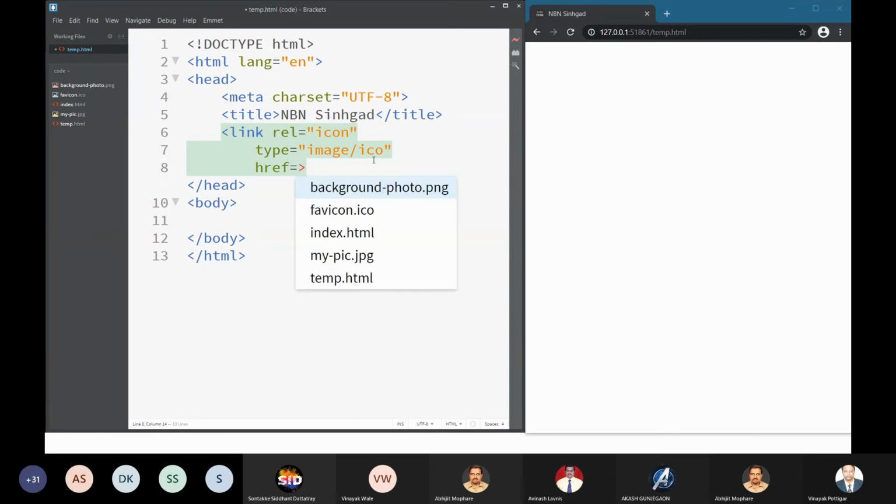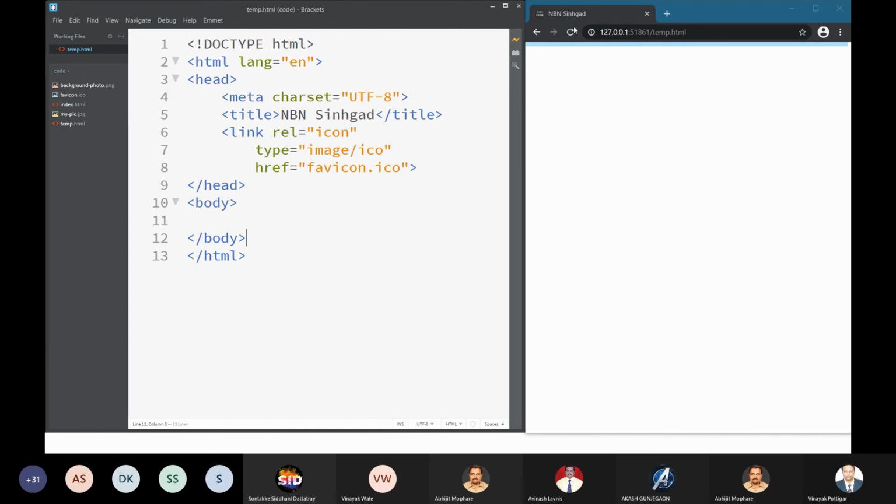And what is that? See, the brackets editor is helping you. It will scan all the files and present what you want to hyper reference to. So I want to reference this favicon.ico icon file. When we do that and save and refresh, you will see that the icon appears.